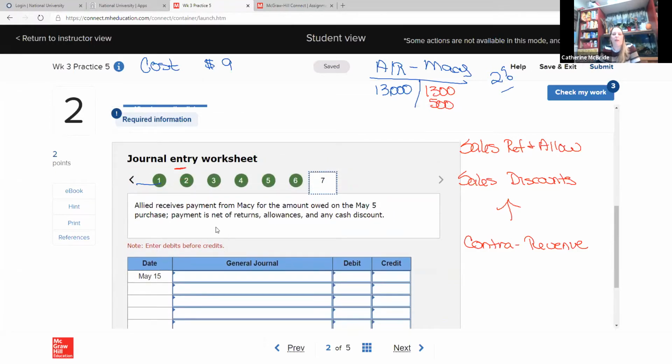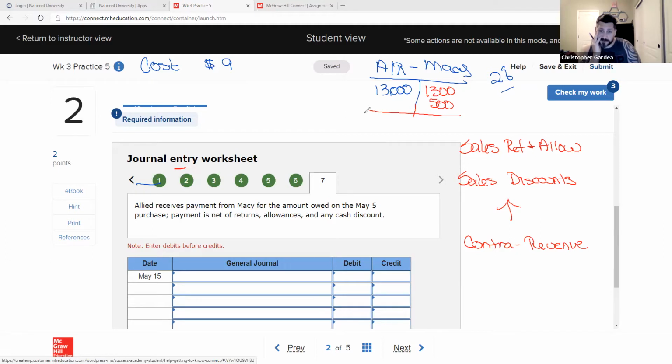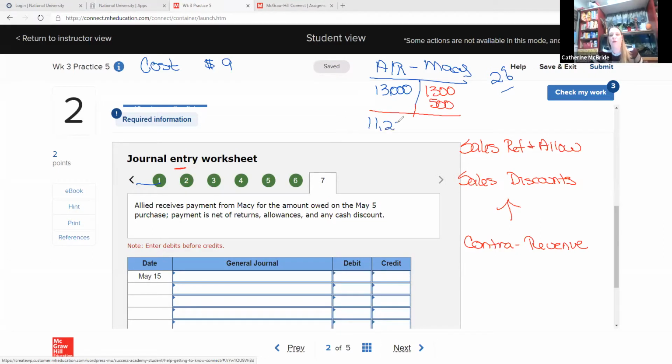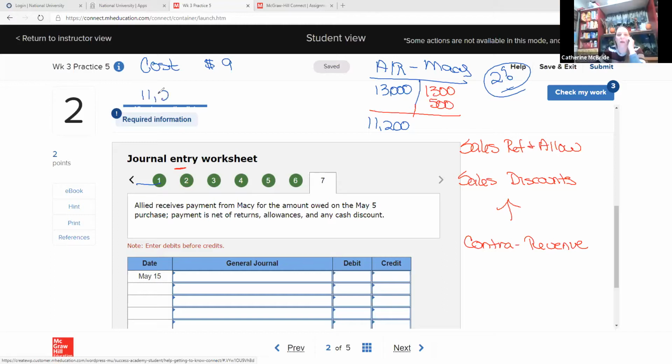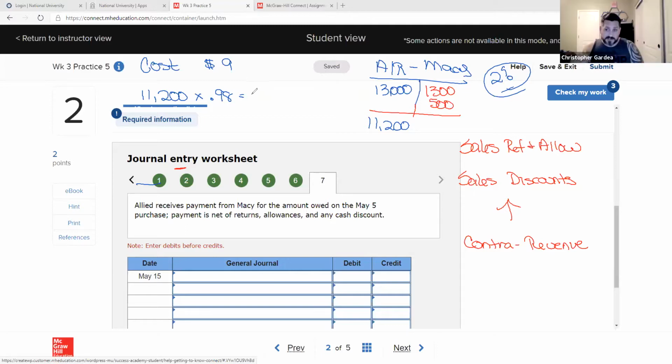now we're going to get a payment. So we know that we get a 2% discount. So the first thing we have to do is see how much do we owe them? 11,200. So they owe us 11,200. You mean they owe us? Right, they're going to take that 2% discount. They're only going to pay 98% of that. 10,977. Thank you. You're fast.